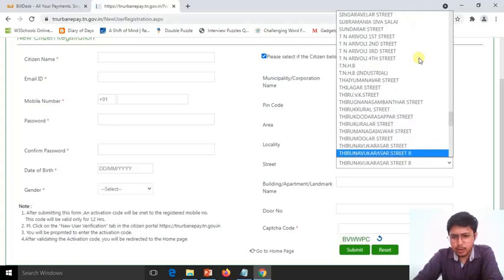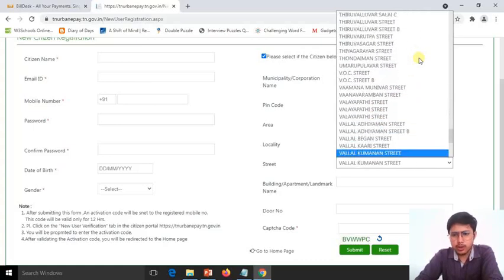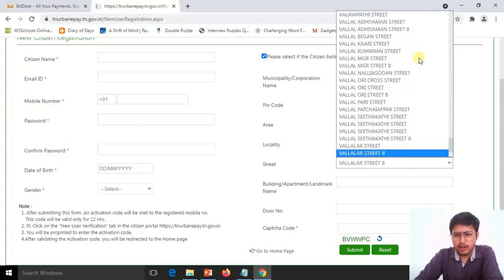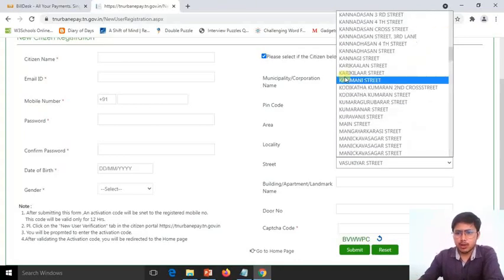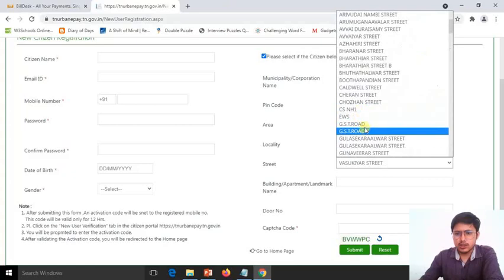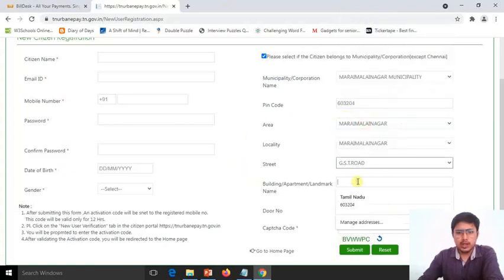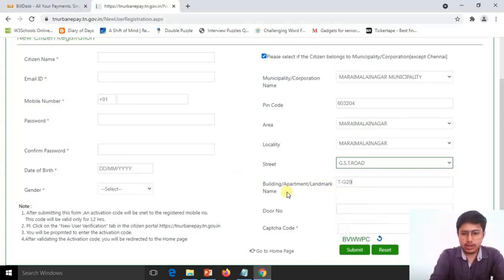So what you can do is, anyhow they are not going to send you anything to your address. This is only for your reference purpose. So you can simply click on GST Road and then enter your building apartment name. Like building is TG29, and then Ashiana Shubham phase 1 and all those things you can enter here.